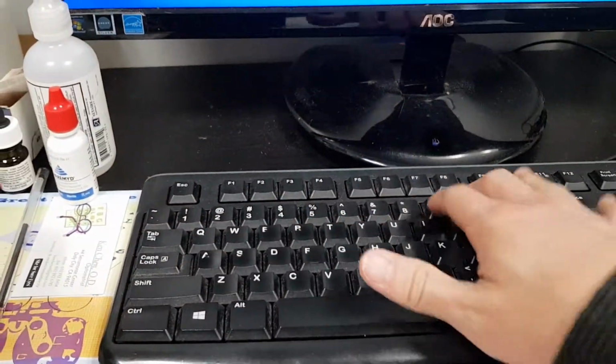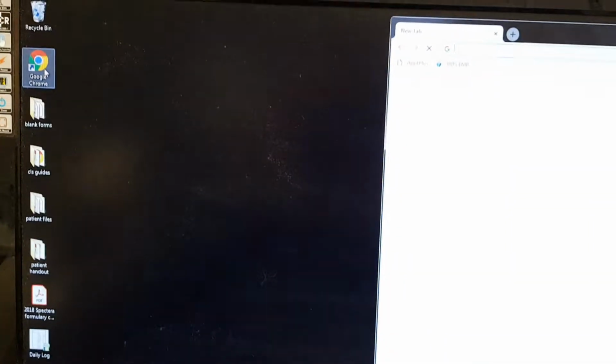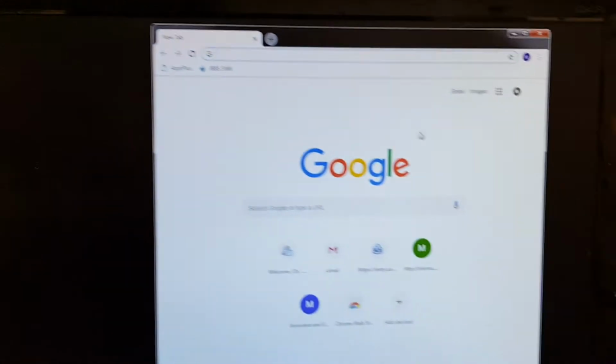So let's type in the password and log in. So, you can access the appointment book. Double click on the Google Chrome,